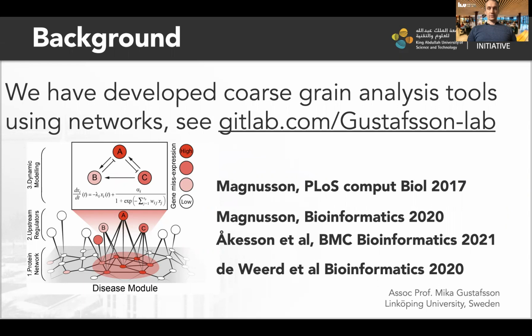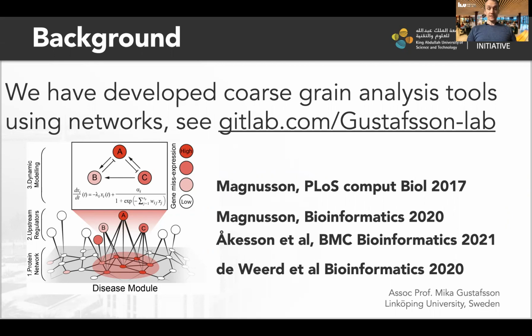I have that at our GitLab page, but I would like to just pinpoint one concept that we will talk about today. This is about disease modules, which is using co-localization of the protein interaction networks when you have RNA-seq data, and that this reveals a functional representation of the disease, where you have also identified causative genes or GWAS associated genes, you can say upstream genes, which we have worked a lot with, and that we will now map